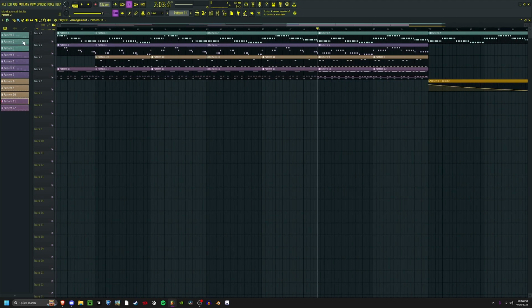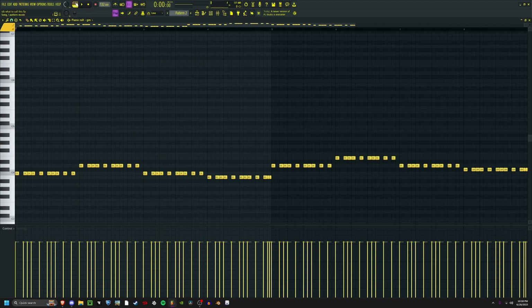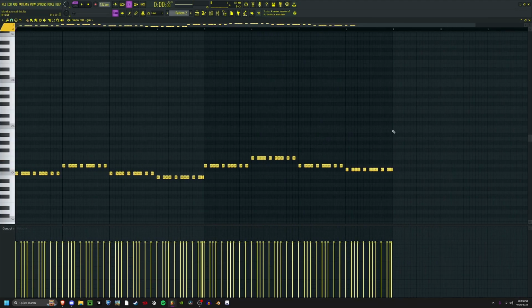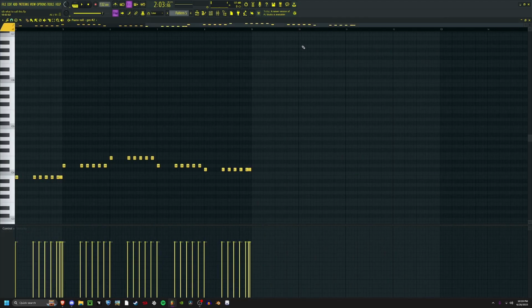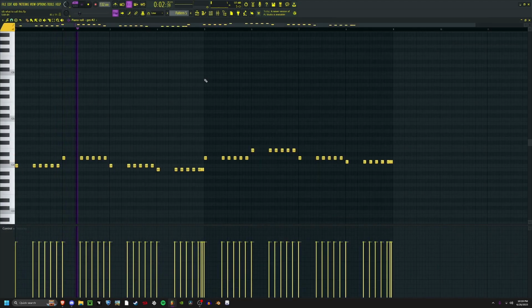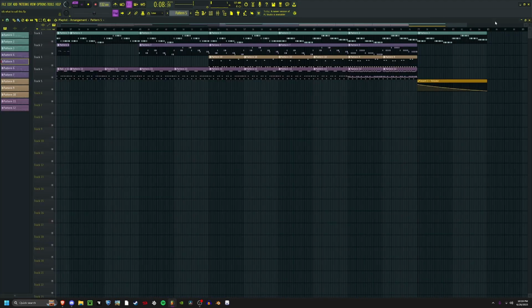And then here, I think we kind of have it come back. Yeah, this is just the same as the main melody, I'm pretty sure. Yeah, I'm pretty sure the only different thing here in pattern 2 is these higher notes. And then we got this new thing here, which I'm pretty sure is also the same thing from the start. But then we also have this second version here, which is slightly higher pitched. And then after that,